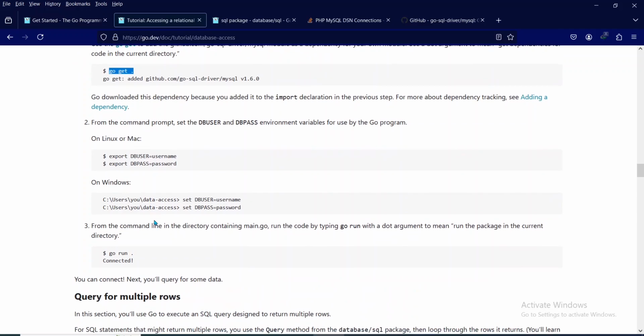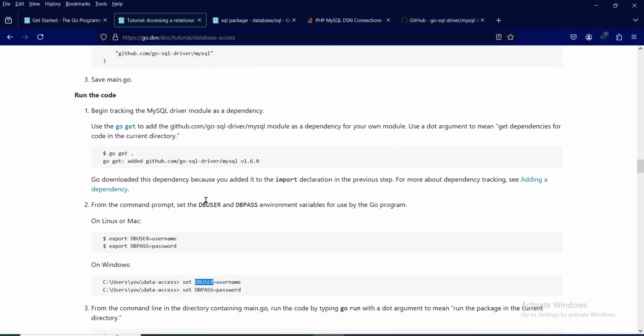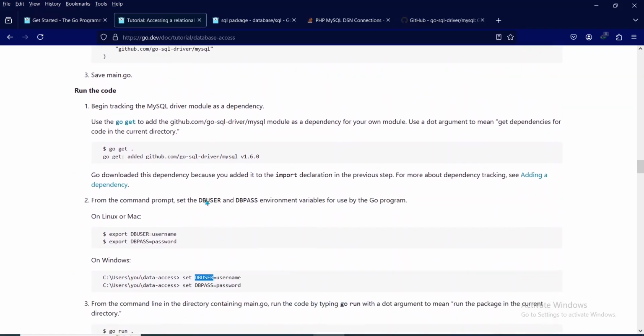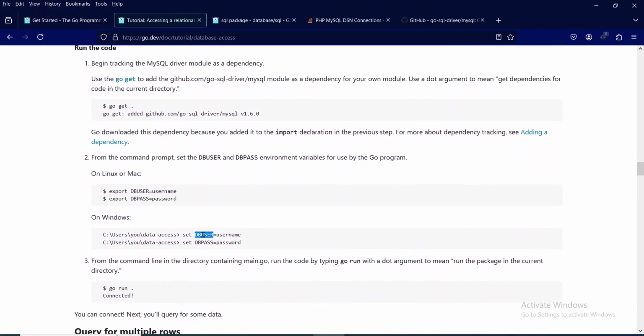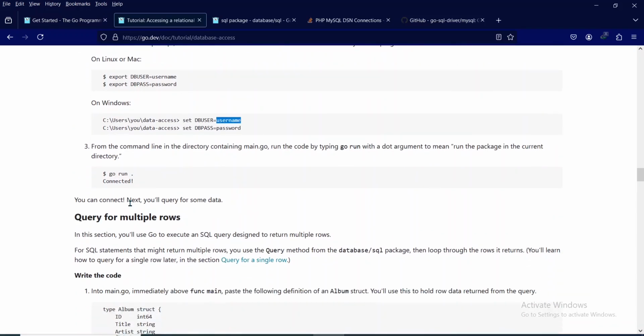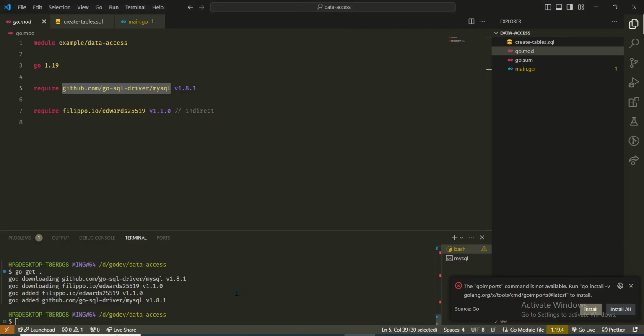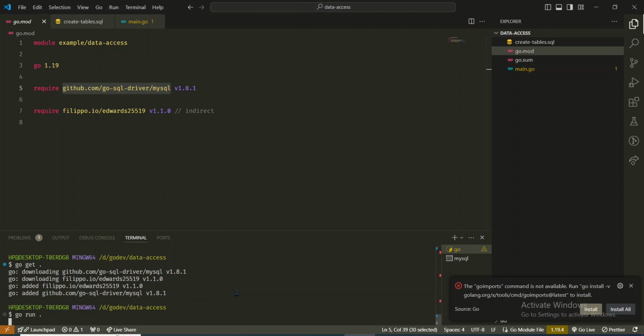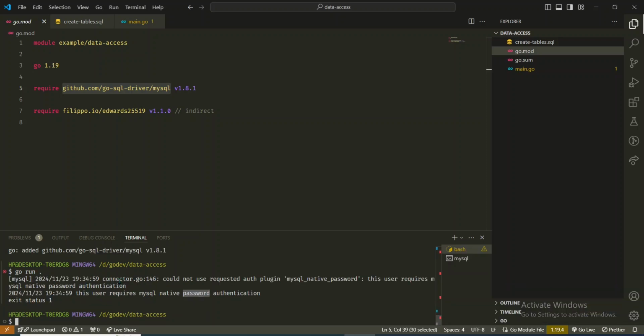Now I think we are using the username directly, so I think we do not need to set our DB username in the environment, so we can just do go run, right? So let's see what the result is. So run, let's see. So there was an error,